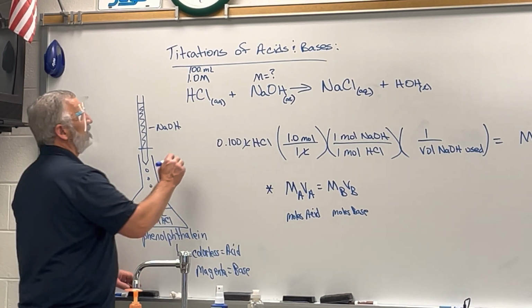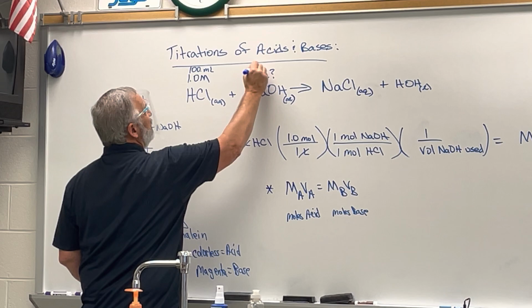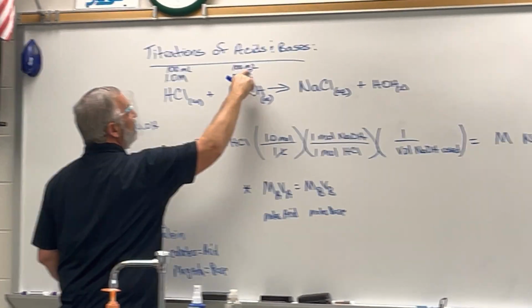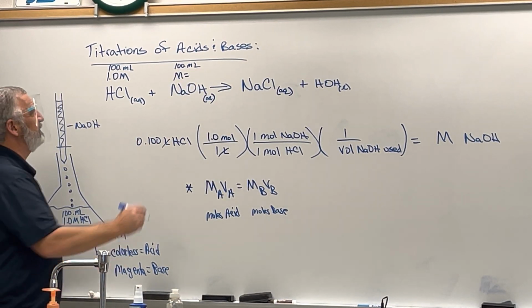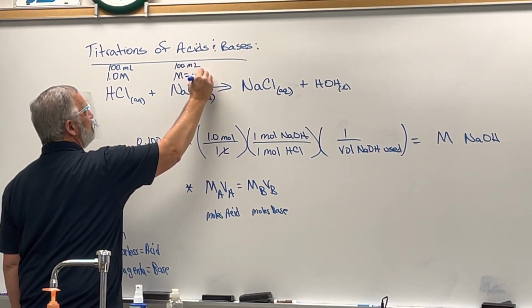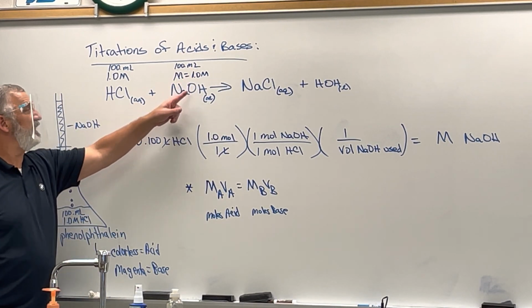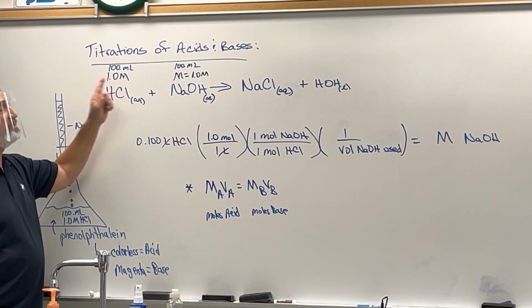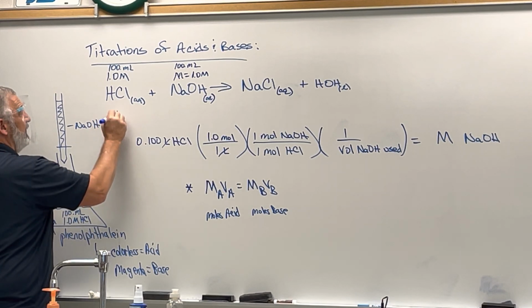Now, if it took 100 milliliters, what would be the molarity of this one? 1, right? It'd be exactly the same. If this is 1 molar NaOH, it's going to take 100 milliliters to neutralize the 100 milliliters of 1 molar HCl. What if this were